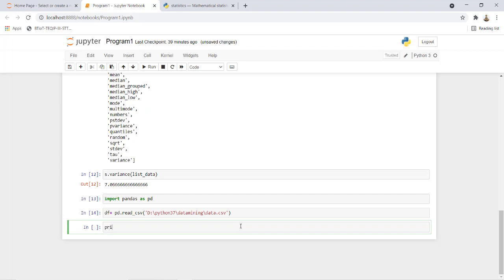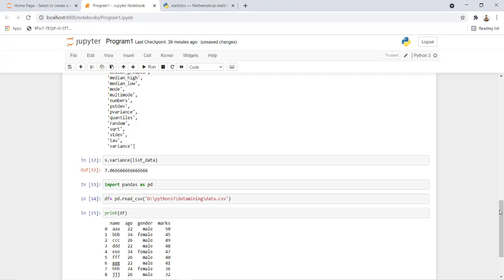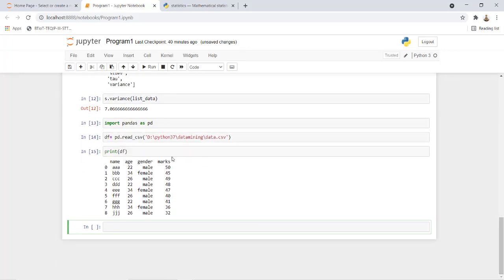If you want to see what this data frame contains, you can see the print of df. This is the data I have in this data.csv file. Now I want to do all these, mean, median, mode, standard deviation and variance, for any one of the numerical attributes.